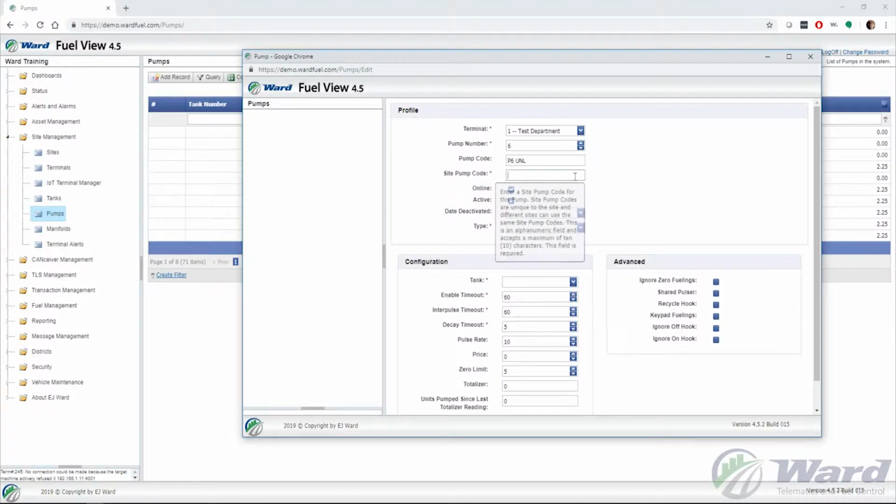Then we have our site pump code. This is just a unique code that we need for the site, for the pump that it is. So I'm just going to put test 6. And that does need to be unique per site. Then we have our online checkbox and our active checkbox. We want to make sure both of these are checked if we want to use it and report on it